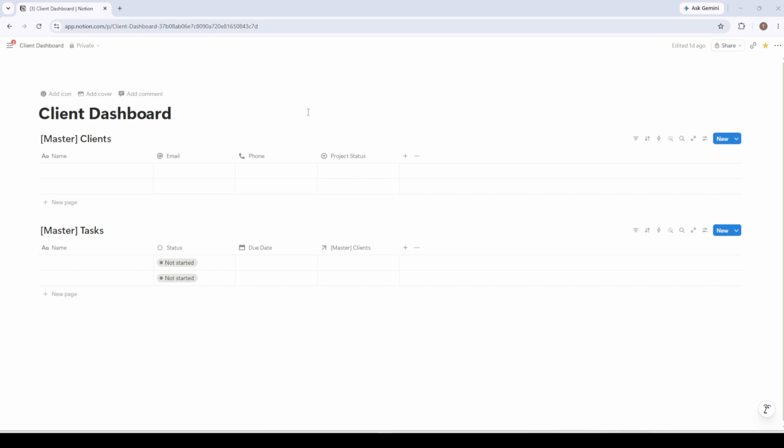In today's video, I'm going to show you how to build and share a client dashboard in Notion, a super powerful way to organize your projects and collaborate with clients seamlessly. This setup is fantastic for freelancers, agencies, or anyone managing multiple client projects who wants a professional and organized way